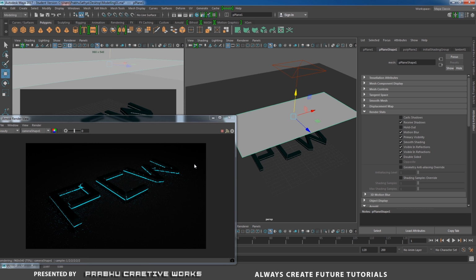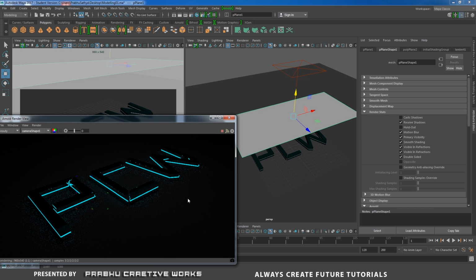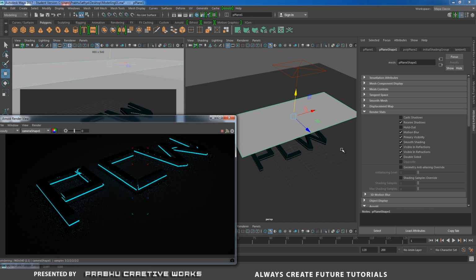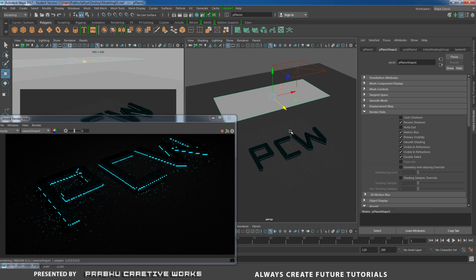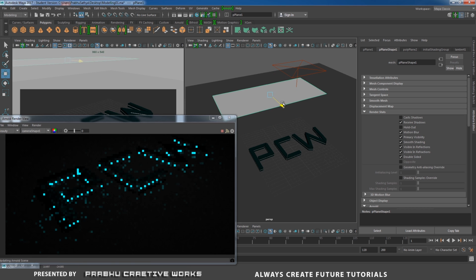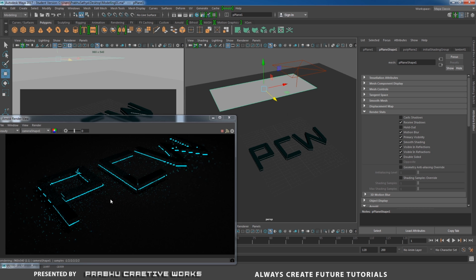So now I see here you are able to see a little bit of reflection happening from this plane. So I will move in Z. Now you are able to see the reflection shift over here. So I will move to this side, and move even further. Now you can see the object reflection happen here. So I will move a little bit